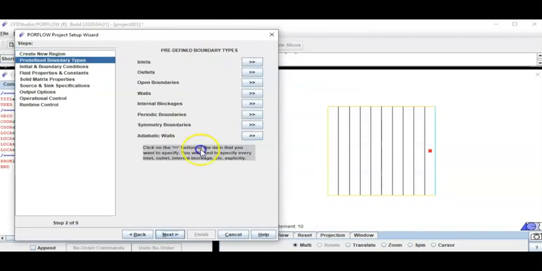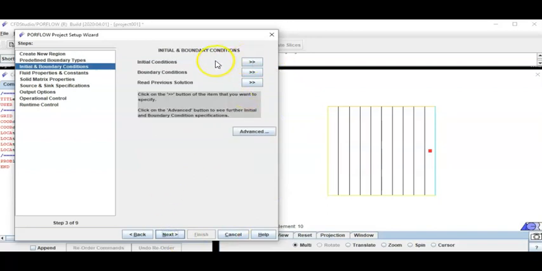Click on next here. There are no inlet outlets and so on in this problem. So click on next. By default, when a problem is solved in PORFLOW, the initial conditions for all variables is set to 0. So you do not have to explicitly set the initial condition for any variable to 0, but it is good practice to do that to make the input file clear. So click on initial conditions